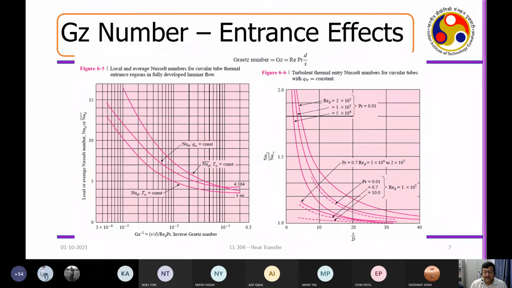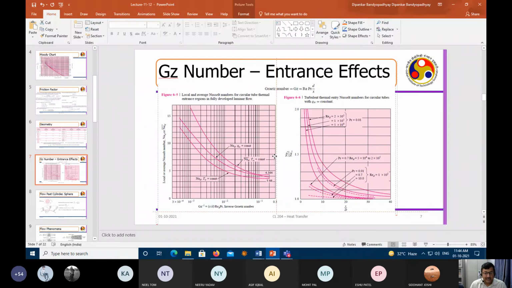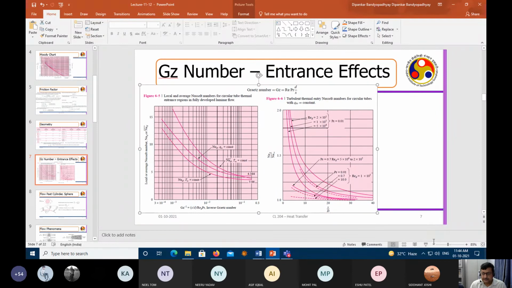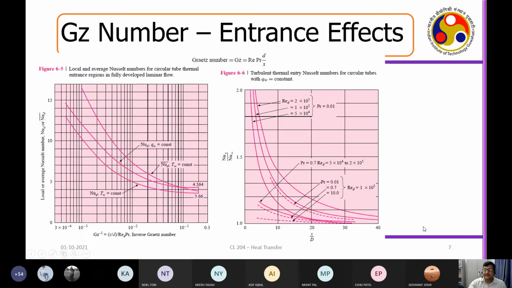Great. One thing we did not really focus on up to this point, let me explain this part. Can anybody tell me what are the dimensionless numbers that we have studied up to this point in heat transfer, one by one?